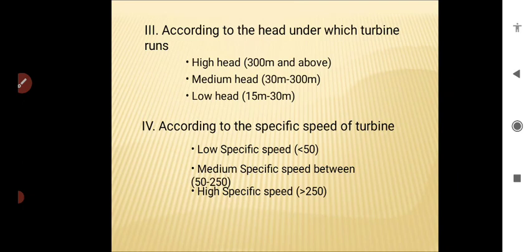Now we will discuss the disadvantages of the hydraulic turbine. The main disadvantages of the hydraulic turbines are: first one, the installation or initial cost is very high. This system or plant takes several decades to produce the profit. And next one, it can develop at only a few sites where the proper amount of water is available.